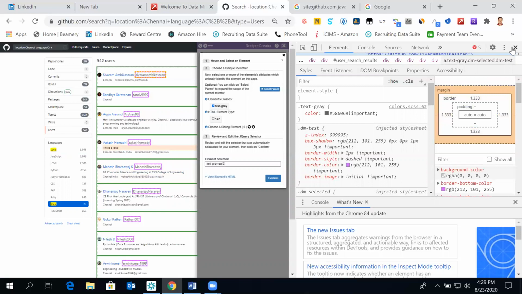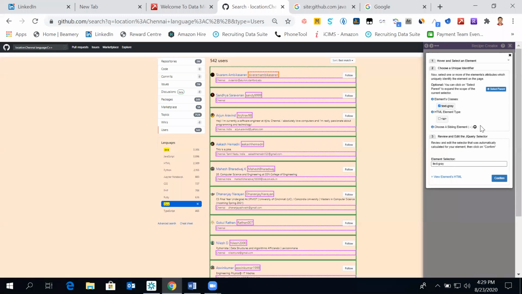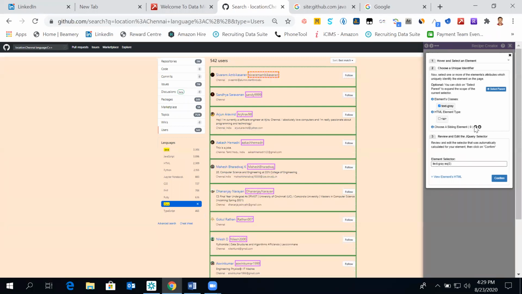So let's not get so technical, just to keep it simple, we have to click the up arrow. Whenever after clicking one particular element, a lot of various boxes are getting selected, we should keep on clicking up arrows or down arrows till only that one particular element is getting selected. I'll show some other example also. Okay, so now this got selected. We say confirm.